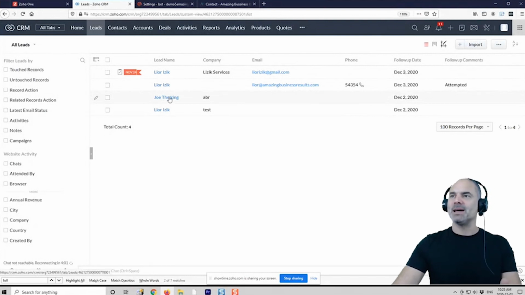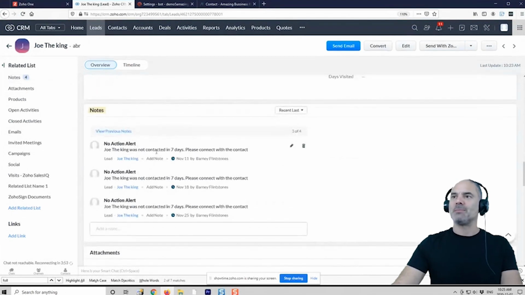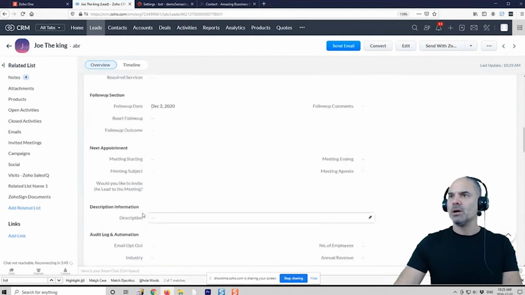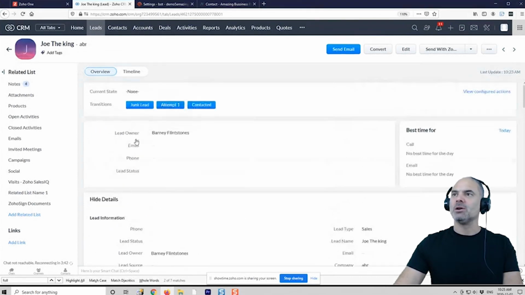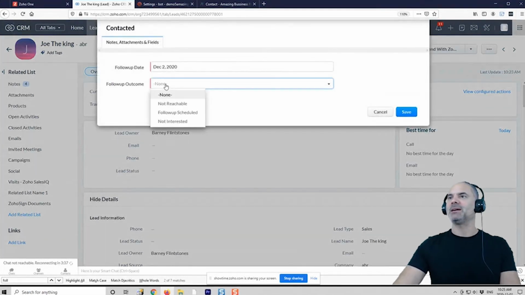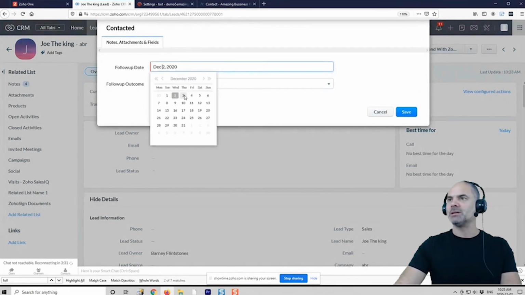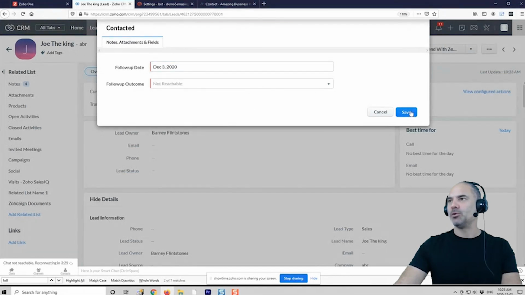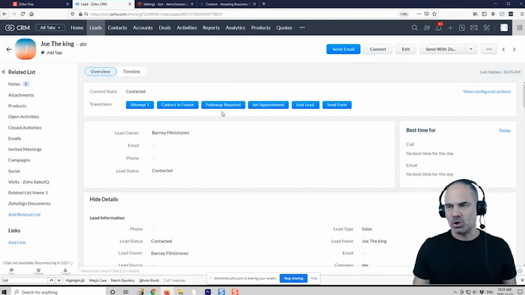Now, the person that did answer, I will click on the record, and then I can write some notes. For example, what happened with this specific record, or I can follow up using the follow-up section, or maybe using the blueprint. So basically, I click. It asks me what was the outcome of the connection with the person, and I can set it for, let's say, tomorrow. Okay, so this is really what I showed in this video.